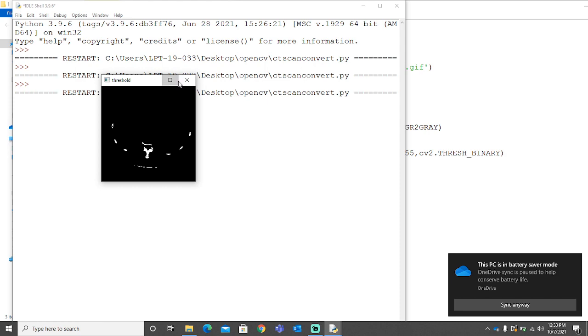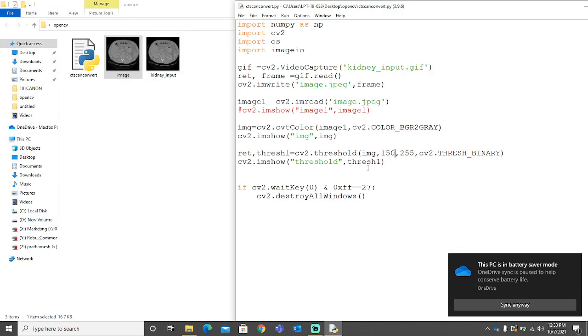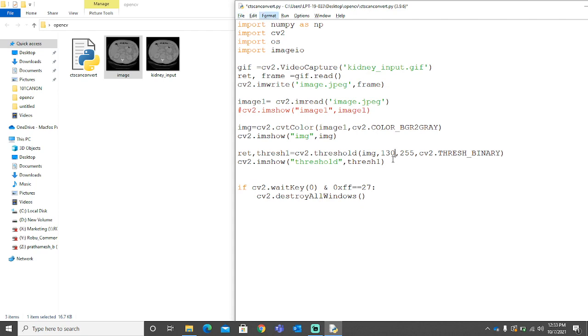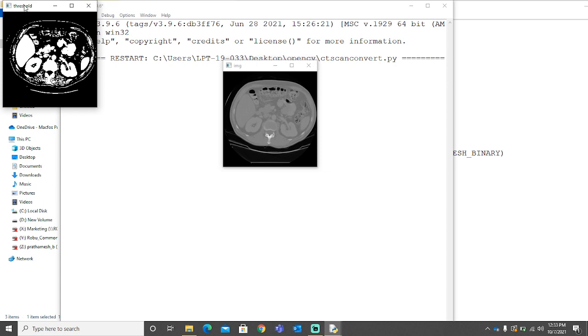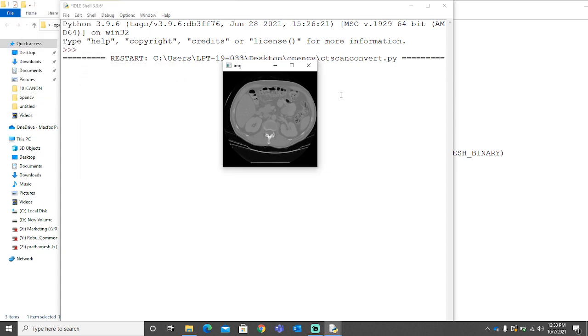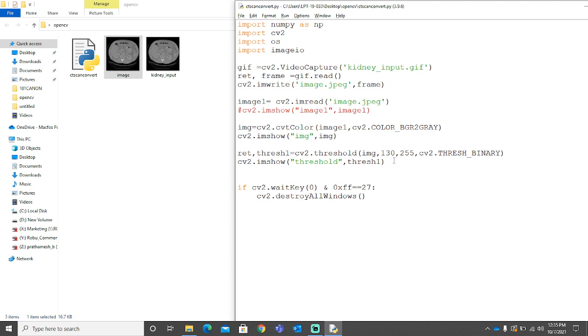We need something to be visible to us. So 130 is the optimum level of binary thresholding which we need. Yeah, everything is very clear. You can tweak according to your requirements too. So let's move on to the very next step. As we saw before, we have lots of noise in our image. So what we need to perform here is a morphological transformation. But first we need to create a simple blank image, a simple blank matrix. I'll tell you why we are creating it.